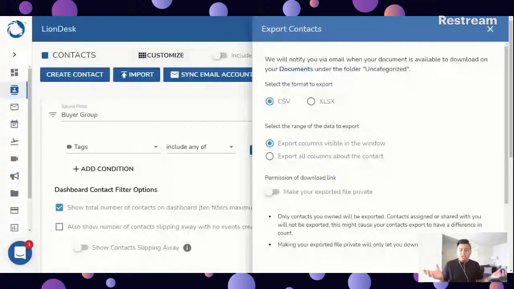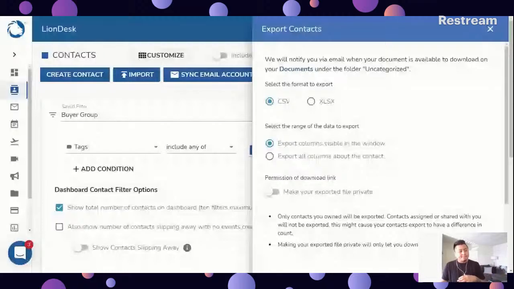So it depends on what intentions you have with your list. You might want to export a limited amount of fields, or you might want to export all of those fields. I'll show you in a second, once I go through this, how to customize that dashboard. So again, you can select export some data, export all of your data, just click here. And then finally, at the bottom, you will decide whether you want to make this